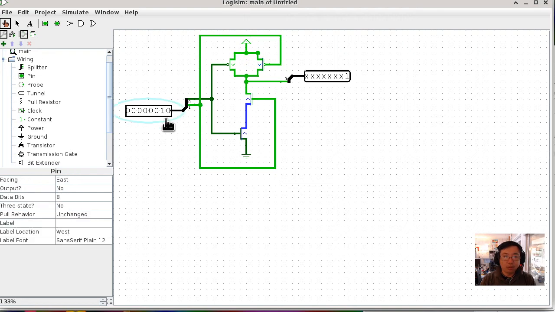So if I turn this one into a 1, you can see the highlight is changed a little bit, but you can also see how the output is still a 1 in this case. And that's not really surprising, because if at least one of the two inputs is a 0, then one of the two p-type transistors is going to be connecting the drain to the source,